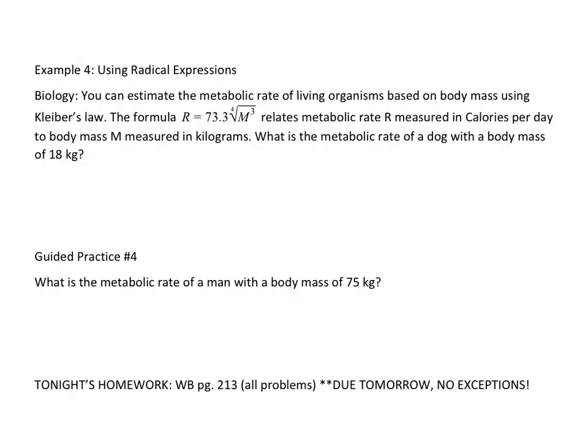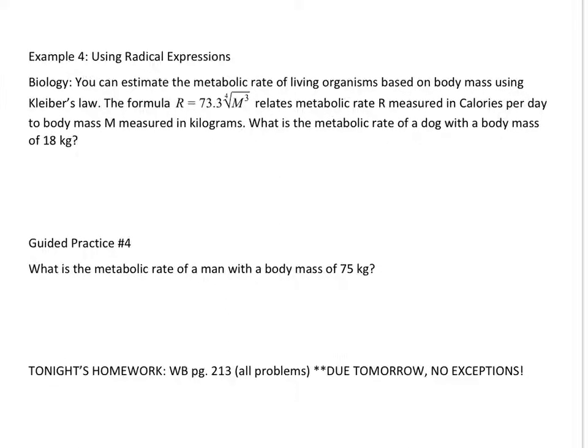Okay, example 4, we're going to use these radical expressions to do a biology problem. It says you can estimate the metabolic rate of a living organism based on body mass using Kleiber's law. The formula, R equals 73.3, and then the 4th root of m cubed relates metabolic rate measured in calories per day to body mass measured in kilograms. What is the metabolic rate of a dog with a body mass of 18 kilograms? So you're going to take your formula,